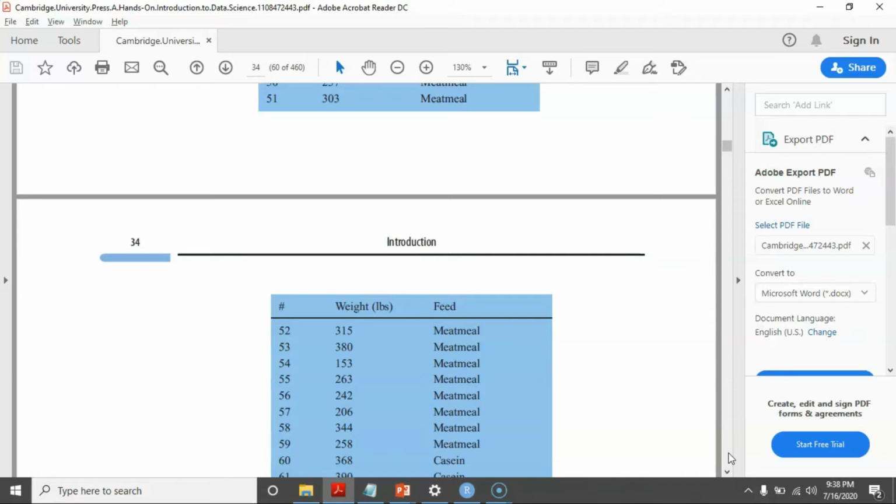So you might have heard about data frames. Data frames are available in Python as well. A data frame is available in R as well, and of course we are using R right now. So first of all we need to represent or store our data in data frame form. Once it is stored in the form of a data frame, it will be much easier to analyze it. It will be much easier to perform this analysis.